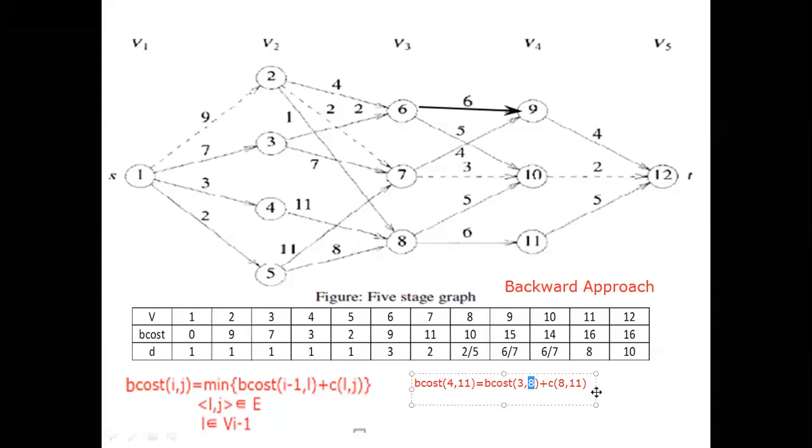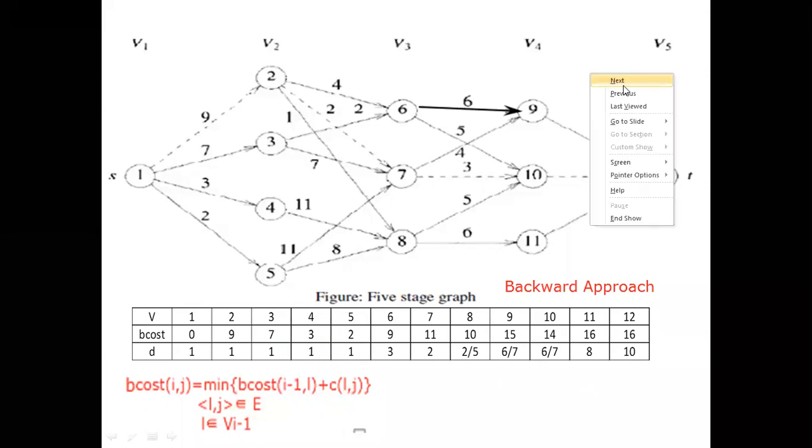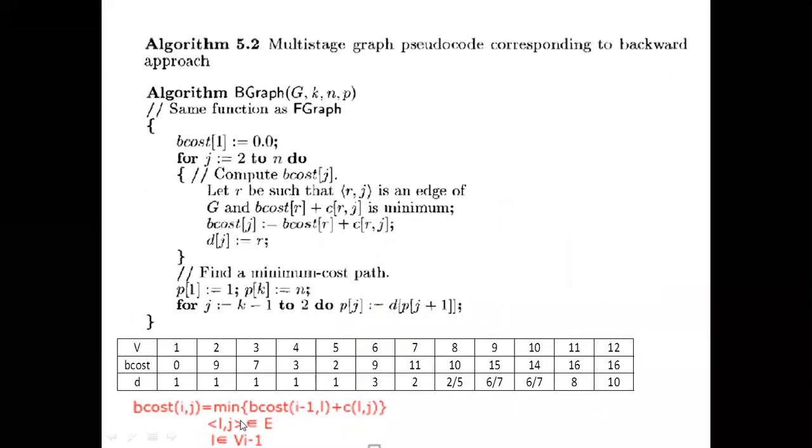Now we will go to the algorithm. Before that, I will clear this value, what I just now written, otherwise it is going to overlap. Now I can go to the algorithm part. Now the algorithm is somewhat similar to our forward approach. What are the different things there? I will highlight first. See here. What is G? That is same only.